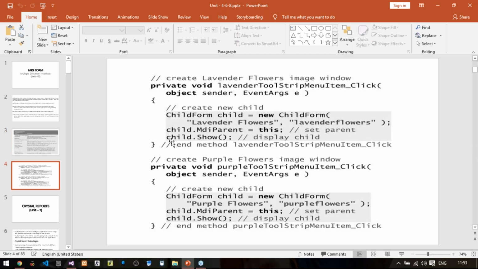Yes, you need to click on a menu bar wherever you want to, and then you can just type your options. Yeah, any more queries regarding MDI form?